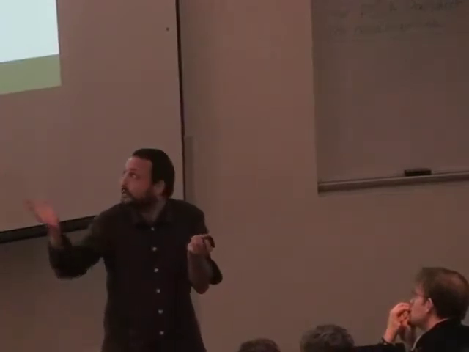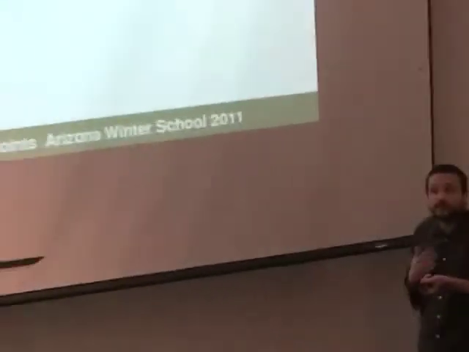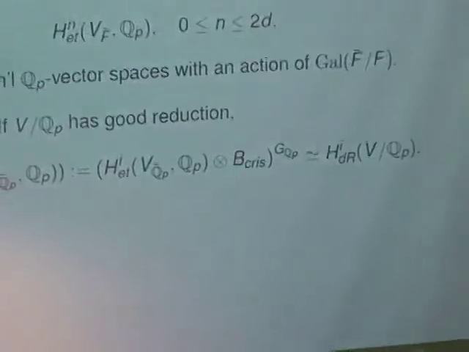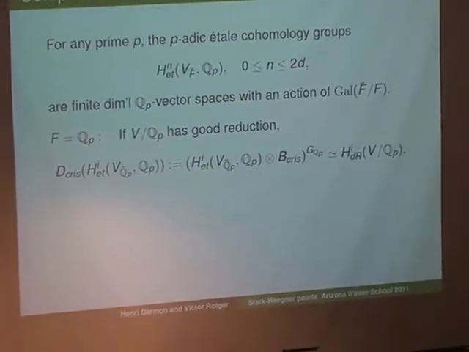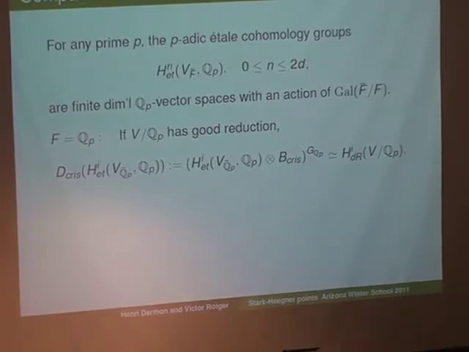are both Q_p vector spaces. Because if the base field is Q_p, the algebraic de Rham cohomology groups are also Q_p vector spaces. So you could hope for some relation between them. Again, I'm not going to go into details, but Fontaine has a theory which has a functor called D_cris, in which case when V has good reduction at p,